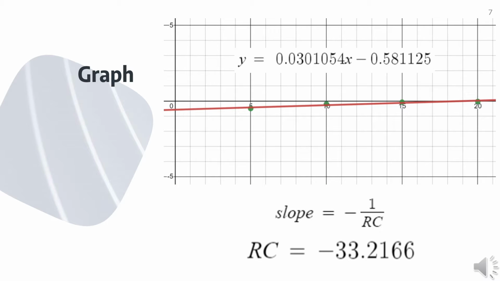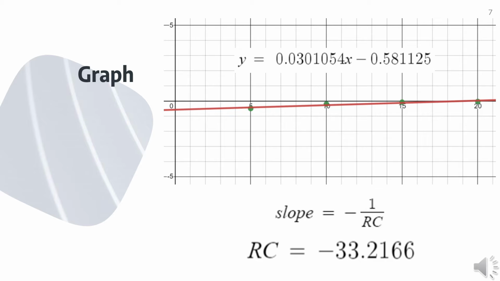Here's what it looks like when I plot the natural log of delta V divided by delta V0 versus time. We chose these axes in order to make it easier to calculate the RC value. In order to calculate the RC value, I needed to find the line of best fit. Its slope represents -1 divided by the RC value. So my RC value was